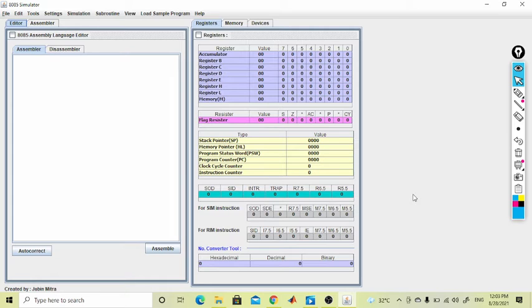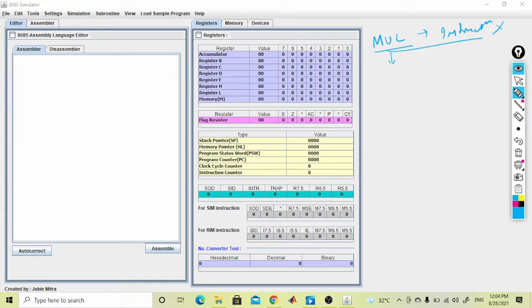So here in 8085 we do not have any multiplication instruction like MUL. Okay, we do not have this type of instruction.